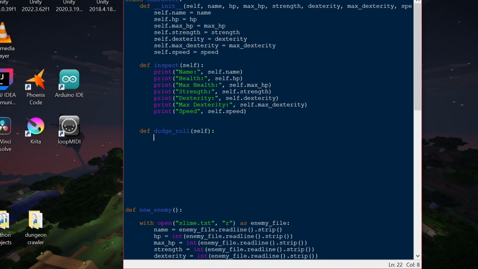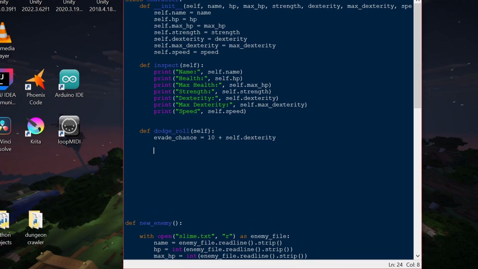Now I'm going to use an equation that I know works pretty well and I think it's pretty fun. So let's do that, but if you want to make your own equation and you understand it, you're more than welcome to. But for the dodge roll, I'll say evade chance equals 10 plus self dot dexterity. And then let's type in evade attempt equals,